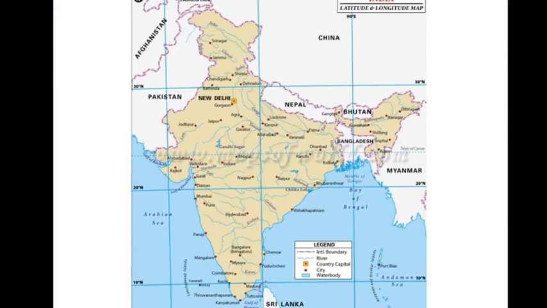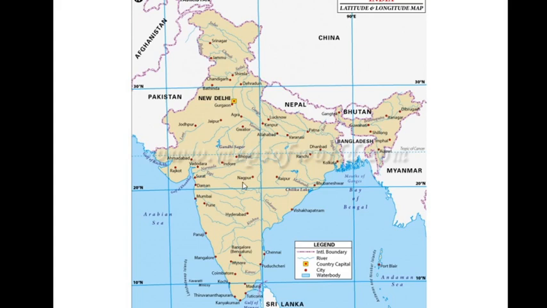Now since this is phytogeography, we will study about plants, but together with plants we also have to have some amount of knowledge of the geography of India. That's why I have kept the image of the map of India here, just to show you the geographical location in the world map, especially in relation to its latitude and longitude.